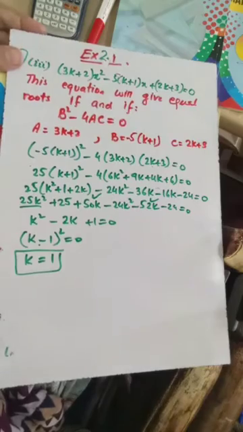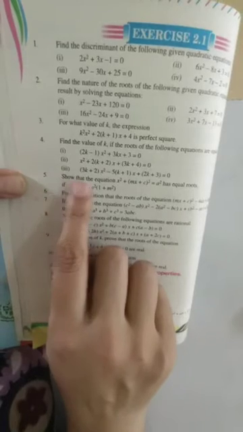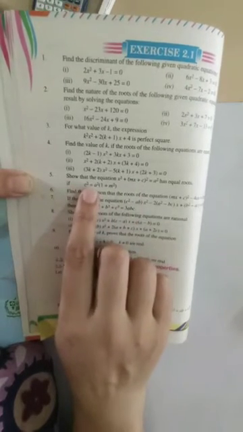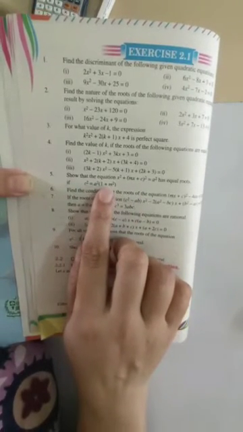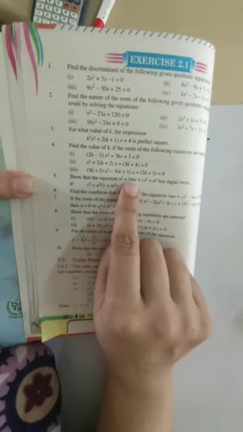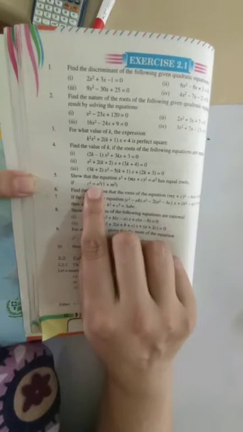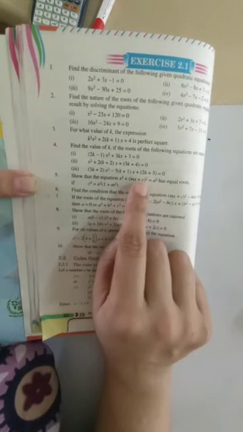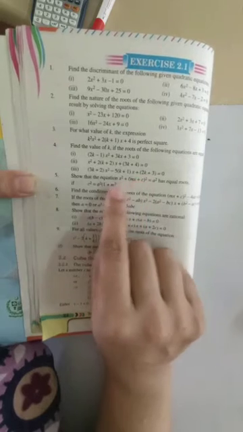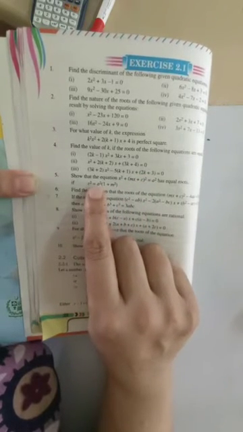Now let us move to the next question. Now the next question is, show that the equation x square plus mx plus c whole square is equal to a square. This is an equation which is given to us, has equal roots. We have to show that this equation has equal roots if c square is equal to a square into 1 plus m square. We will derive this expression by using the condition that this equation has equal roots. If it has equal roots, then this condition must be satisfied.